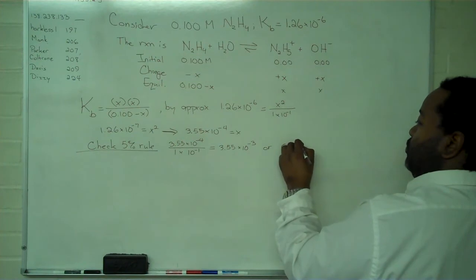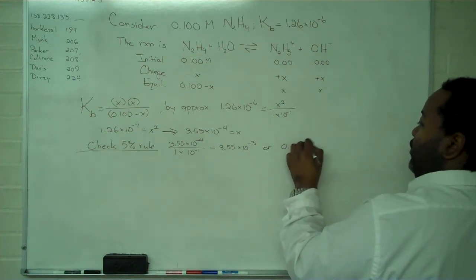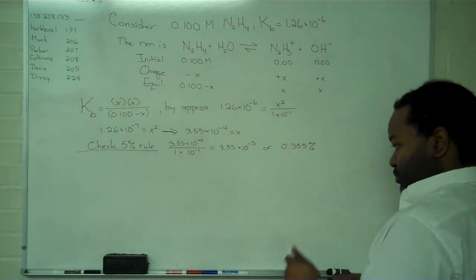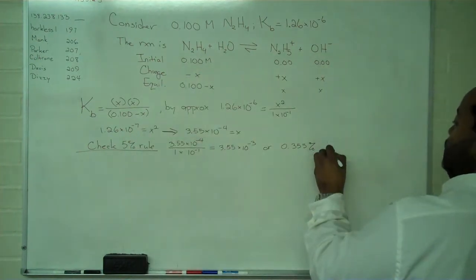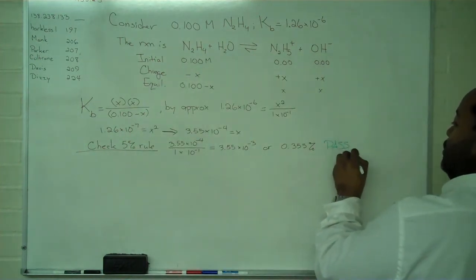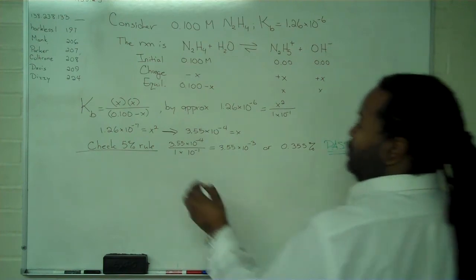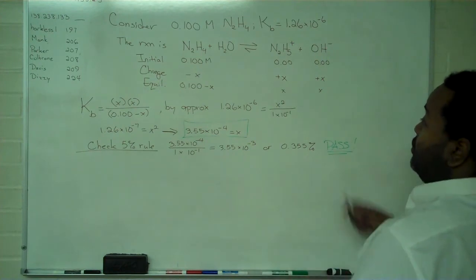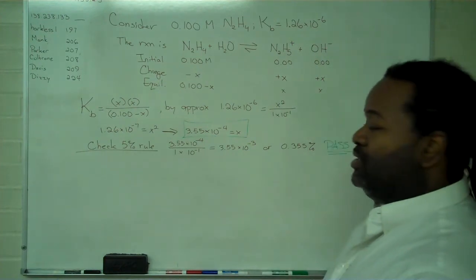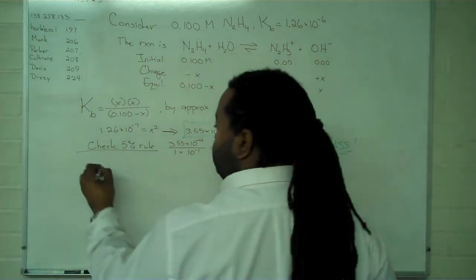And this is 0.355%. And so with this value, we find that this passes. So we're able to use this amount for X. Now, this is the hydroxide ion concentration. And so